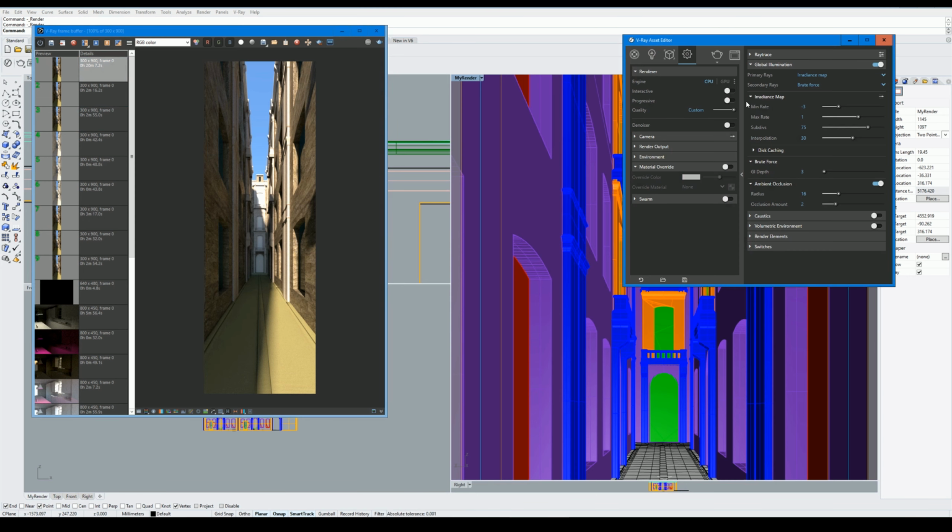So I changed this to a max rate of 1 and this to subdivs of 75. And if I go back to medium, the setting is 50, minus 1, minus 3. If I go to high, minus 3, minus 1, 70, minus 3, 0, 90. So adding this to an extra 1 is higher than very high. So if I just put this to high and gave it another render,